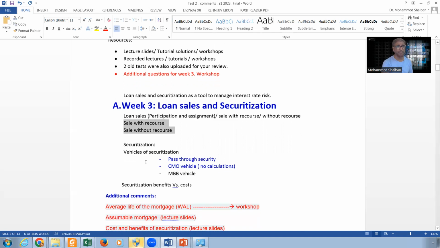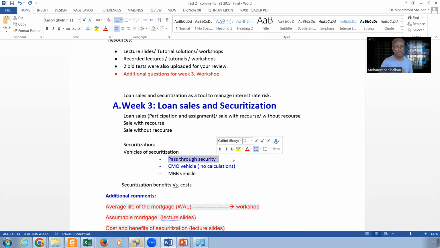Now, in securitization, we have the pass-through, and we have talked about it. It's the normal one before we break the security into classes or tranches. So for the pass-through, mostly we will ask about the calculation of the payments. When we calculate the payments, sometimes I will give you the return, or sometimes I will give you the return and some insurance fees and some collection fees for the special purpose vehicle. So you have to take out those fees from the return when you do your calculation.